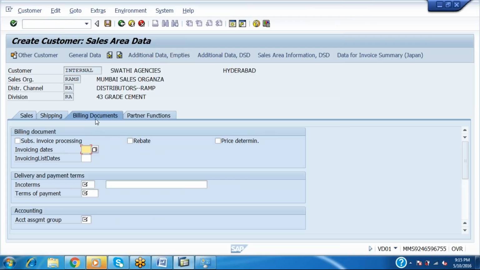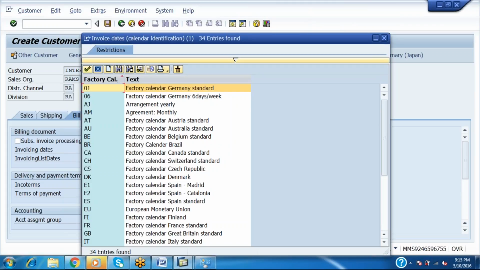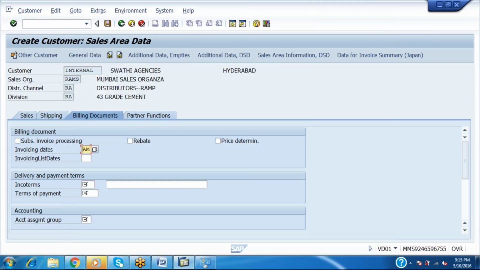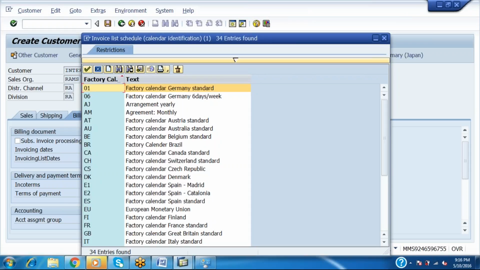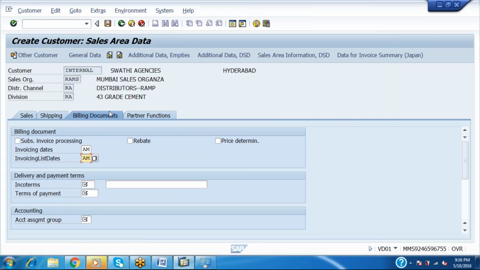And in the billing document, what would be the invoice dates? That means how are you making the invoices for them? I am saying that we are making all the bills and settlements monthly wise. What would be the invoice list dates, or when will the invoices be listed from the company side? That is also monthly wise, by the agreements, as well as